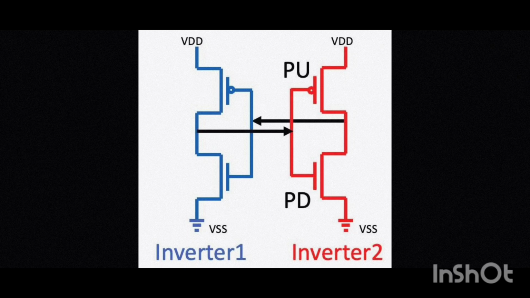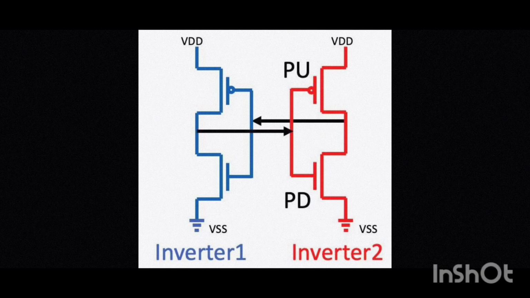Here, what is a cross-coupled inverter? A cross-coupled inverter is the heart of the SRAM cell. It is formed by connecting the output of one CMOS inverter to the input of another inverter, while simultaneously connecting the output of the second inverter back to the input of the first. This creates a positive feedback loop, allowing the circuit to maintain one of two stable states indefinitely, as long